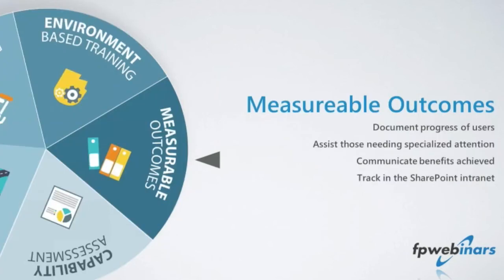And then, of course, the one thing I want to make sure that I point out is all of this work is able to be defined, right? It can be objective, right? One of the ways that we've found great success in measuring the outcomes of these efforts is just to use a simple SharePoint list. So going back to the example of a 100-staff organization, if we have right now 50, say, novice SharePoint users and 48 what we would consider to be business users, can do the important basics, and then a couple power users,